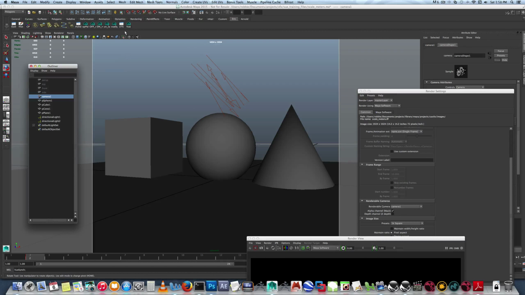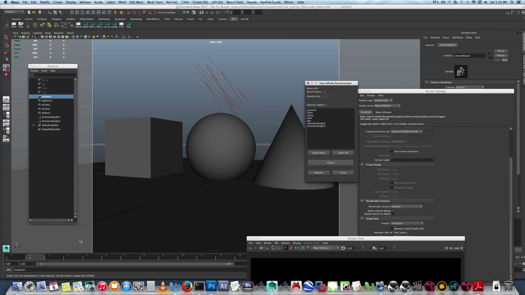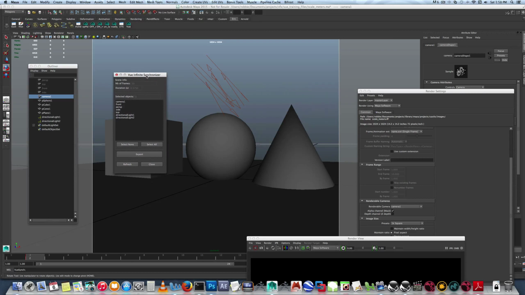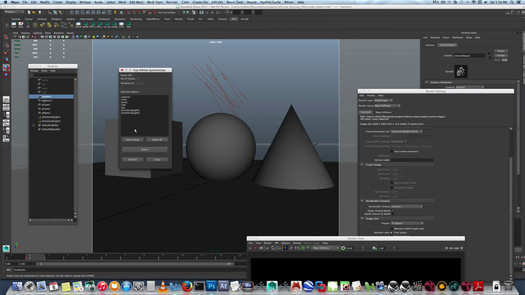So basically, I've already got the VueSync plugin set up on my shelf. But basically, you can type it in under the Mel script here, capital V for Vue, and then capital S on sync. Sync with an H at the end for synchronization, and then a semicolon at the end. And then basically when you enter on this Mel script, you will get the Vue Infinite Synchronizer. Now you can put this to your shelf in Maya and then save it, or just keep typing this command